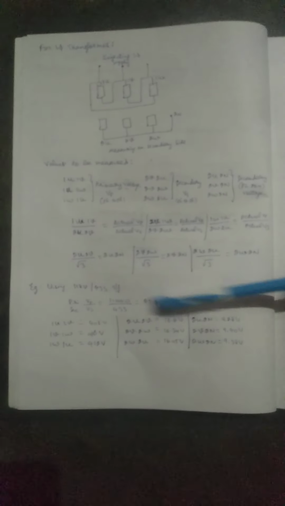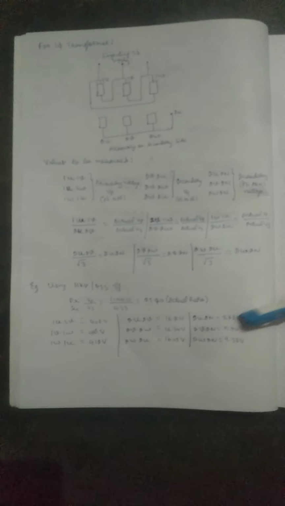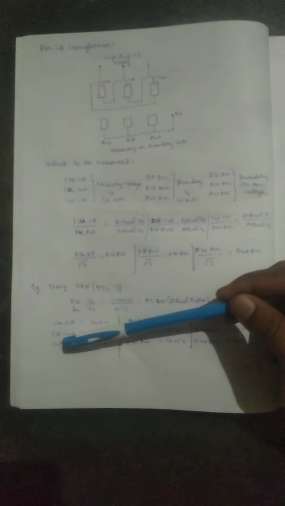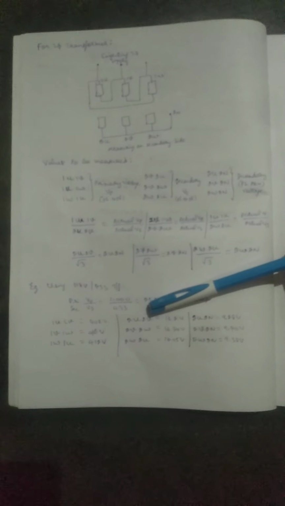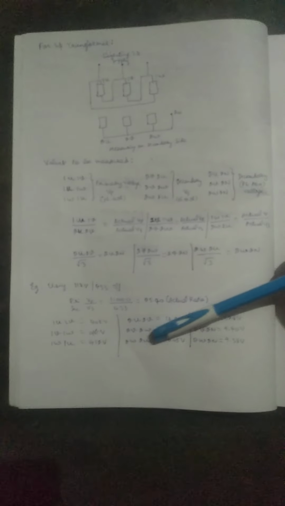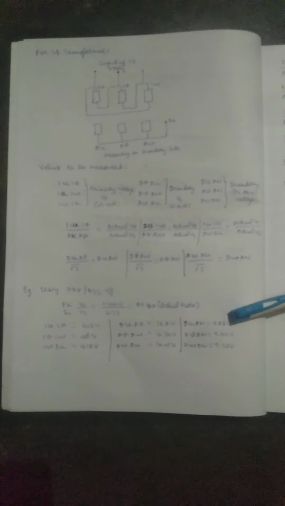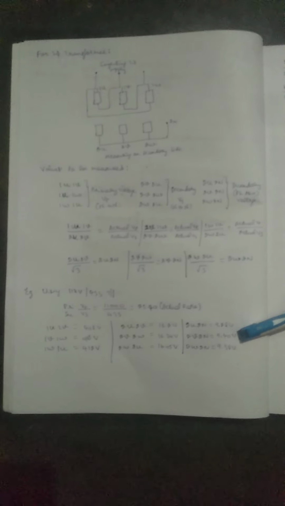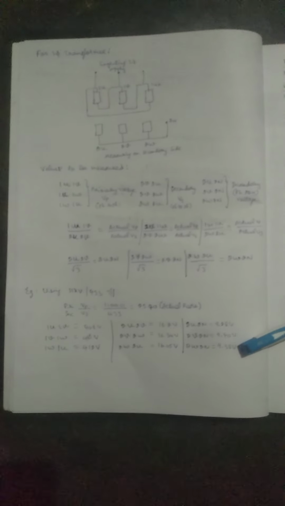For that, for example, I have written like this. This is your example, which means the measured values will mostly be like this. 1U 1V is equal to 408 volt, 1V 1W equal to 416, 1W 1U equal to 412, then 2V 2U is equal to 16.2 volt, 2V 2W is equal to 16.34 volt, 2W 2U is equal to 16.5 volt. Then 2U 2N is equal to 9.8, 2V 2N is equal to 9.4, 2W 2N equal to 9.8.